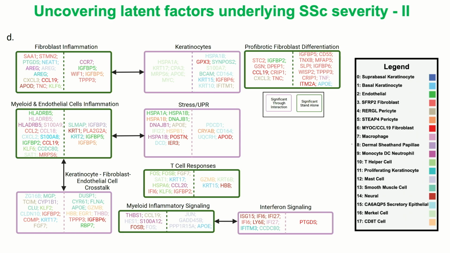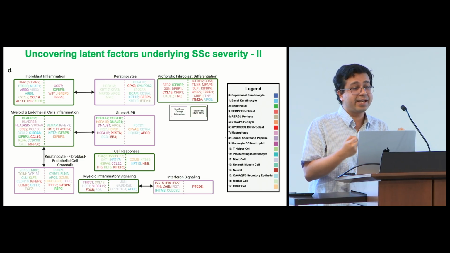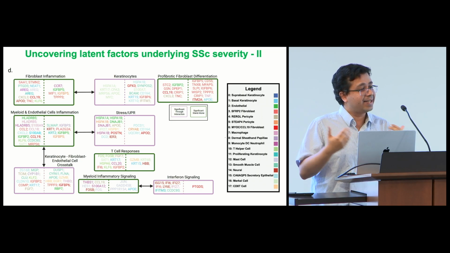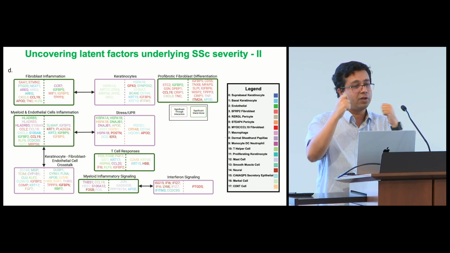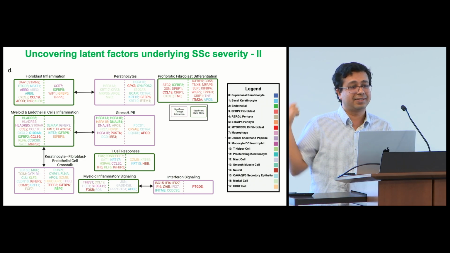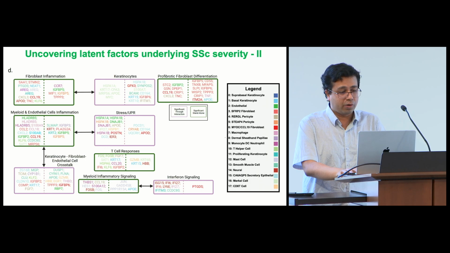But we converged on two very interesting things. The first was the crosstalk, not just of fibroblasts and myeloids, which in the field is believed to be the true driver of disease pathogenesis, but also a role for keratinocytes. So we see these interaction terms with keratinocytes. And that was very, very intriguing. And that is something we actually validated downstream. I'll show you one slide on that. That's a new mechanism involving crosstalk of fibroblasts, myeloid cells, and keratinocytes that we validated. The second was the T cell responses, which I won't talk about.